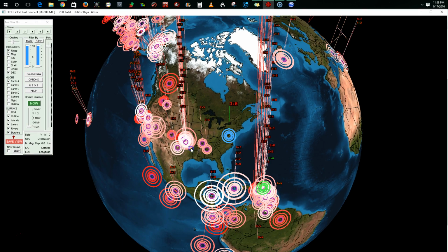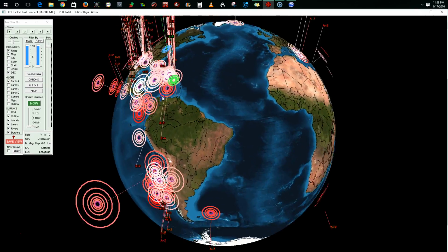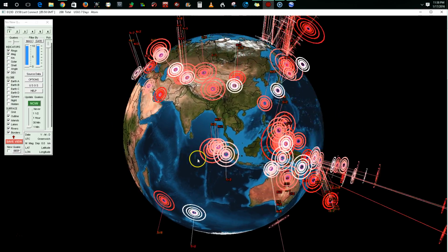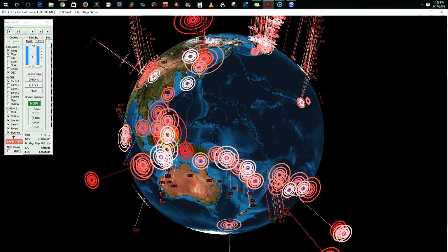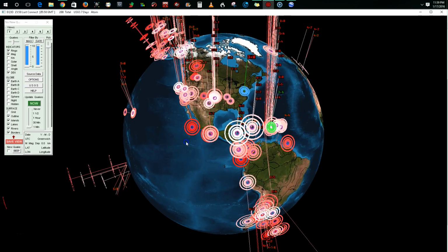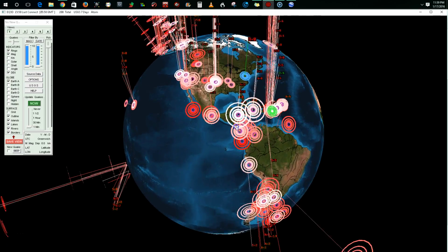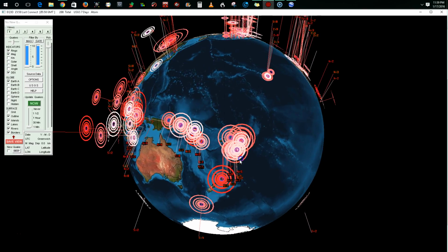But take a look at all of the earthquakes in the last 7 days around the world. Look at that. You don't have a whole lot of earthquakes in Africa that you know about, because there's not a lot of seismic Richter scale devices. But look at all those earthquakes. Look at that down in there. Bam, bam. And see how deep that one is? How far off the ground, how deep it is in the ground. We've had some really deep ones over here right off the coast of